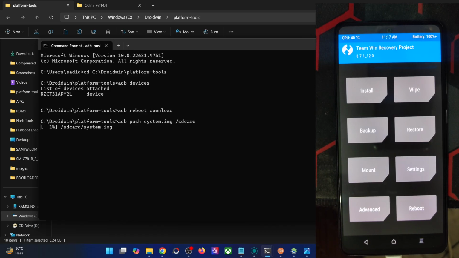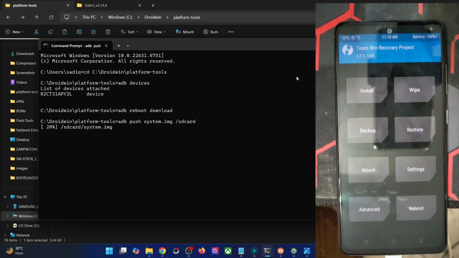Always keep in mind that you should never use the ADB sideload method, because the sideloading is used for USB recovery like Lineage OS and Android. In case of Orange Fox and WRP, you should always use the install option, the USB mount, the ADB push, or the OTG if you have. But please don't use the ADB sideload method. So with that said, the file is now being transferred, and you only have to transfer the system file.